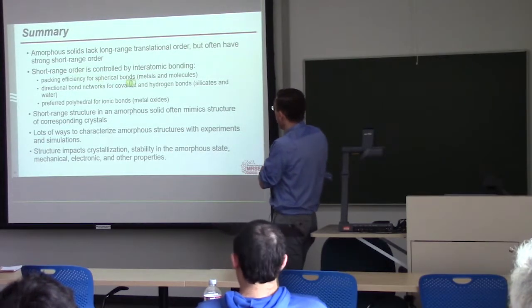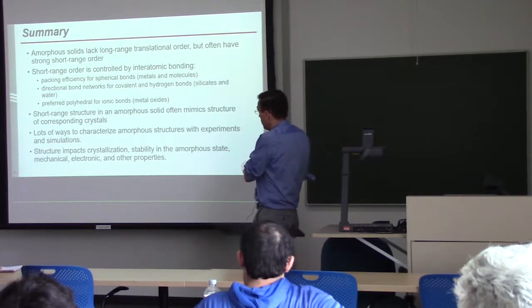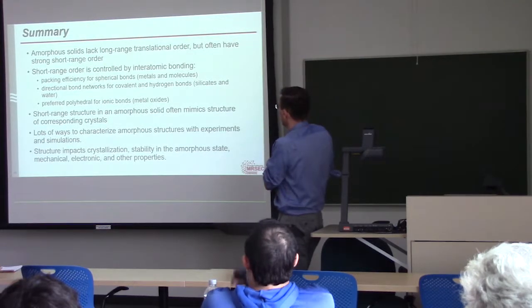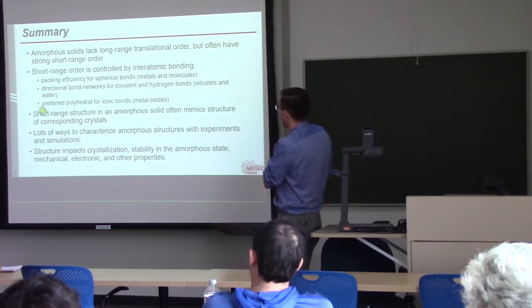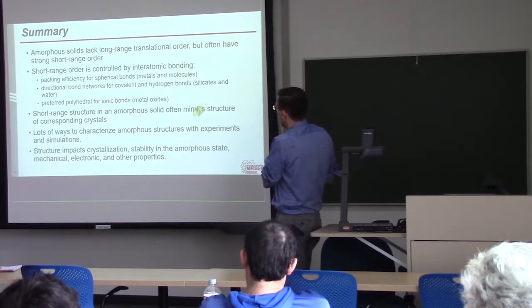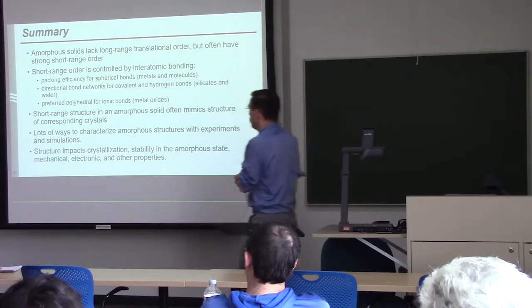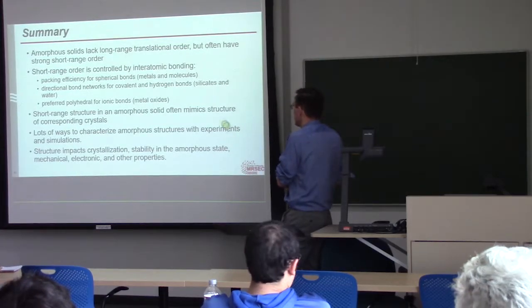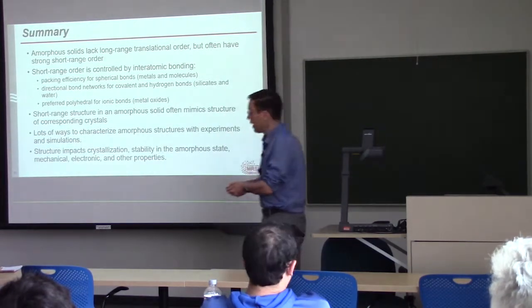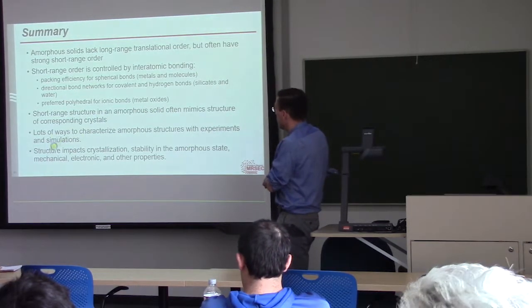There are packing efficiencies, there are directional bonding networks, the formation of polyhedra in the metal oxides that you can pack, and you can come up with rules that would allow you to define the short-range order and to build things that you can compare. A good place to start is thinking about building from the local structure of crystals, but allowing a degree of disorder in the local structure. And finally, there are lots of ways to characterize the amorphous structure. There's no definitive way to do it yet, or perhaps ever, but there are many ways to compare, and simulations are a key part of doing that.